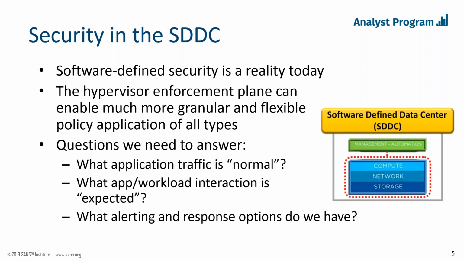So the questions we need to really think about as we're starting to use this hypervisor backplane is, number one, what the heck do we have running in our environments? The whole concept of inventory, not only of systems and applications, but behaviors, is a fascinating element of security today. So we need to know what that is. What does that look like? What is our application traffic? We need to sit and watch it and go, well, what is this? Is it good? Is it bad? Is it indifferent? Do we need to have some better sense of what's actually happening and say, is this normal? Is it expected? Is this something that we can track and control? And then start building things like alerting and response options around that.